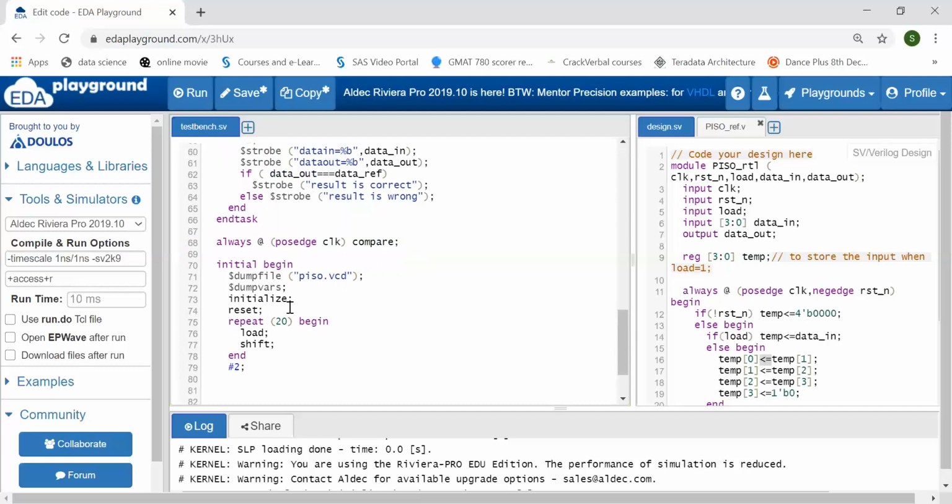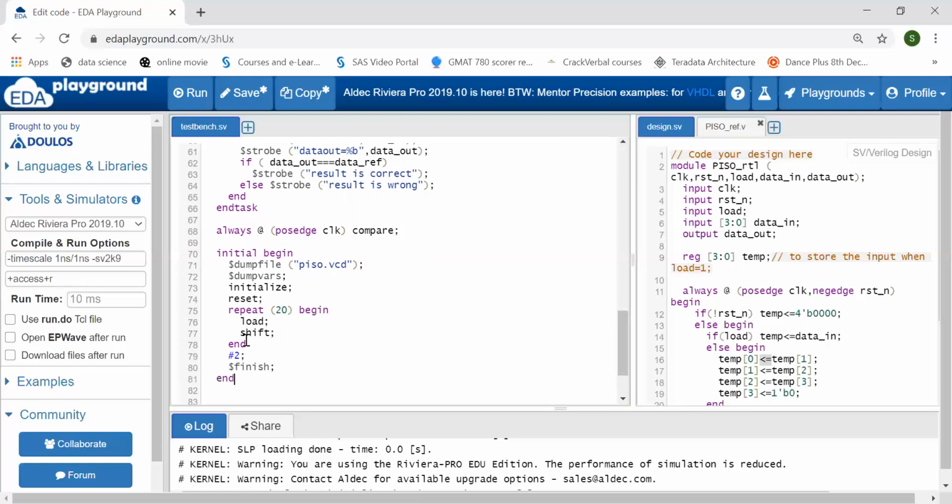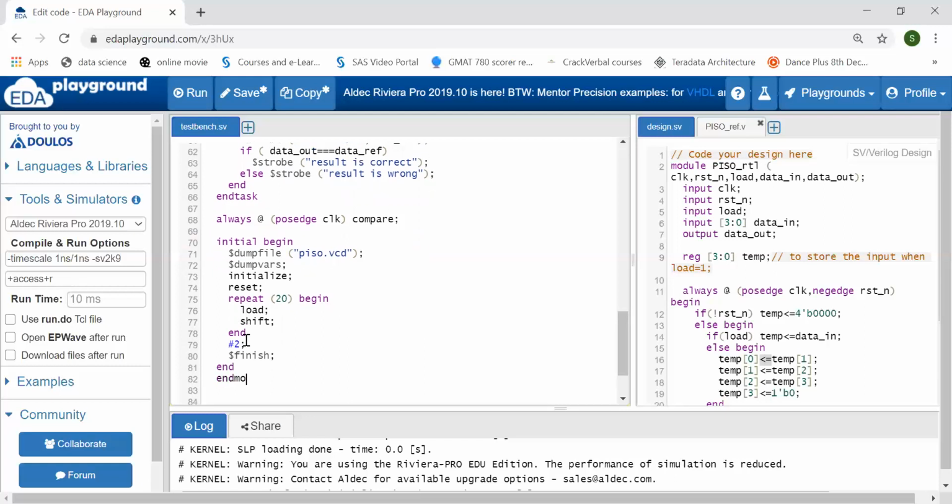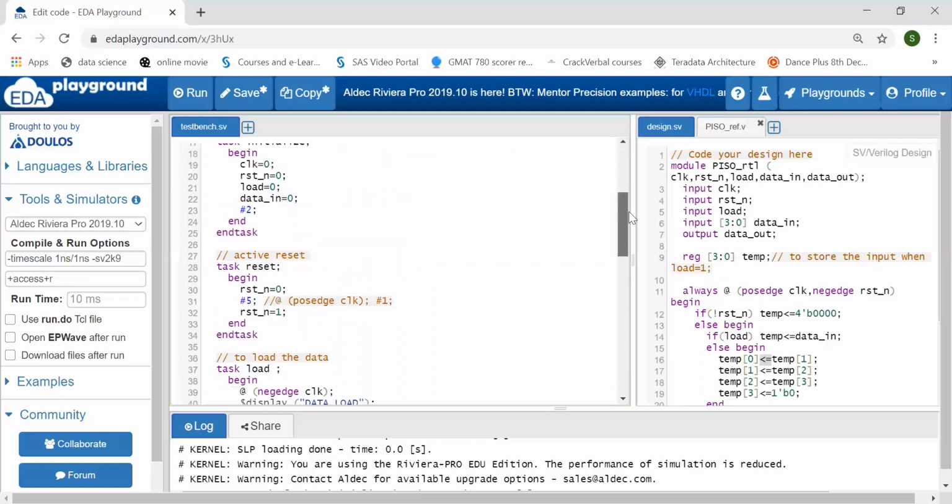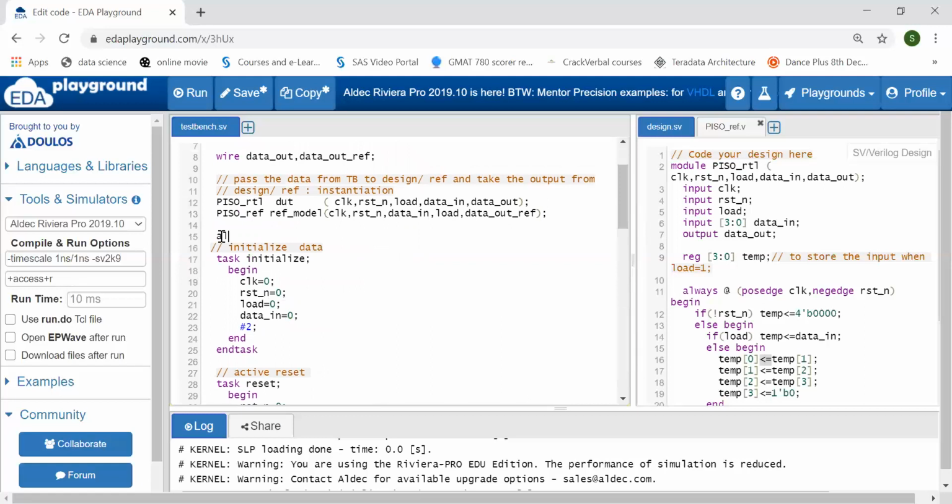As I am using an always block for generating the clock as well as here, whenever you are using an always block or forever block, don't forget to call $finish. If you are not calling $finish, then your program is going to run. So we have to call $finish, then endmodule. So here I have to generate the clock also. To generate the clock, I can simply write always #5 clock equal to not clock, with clock equal to 0. So after 5 time units the clock value will change.